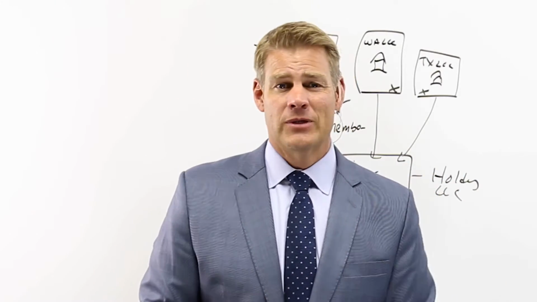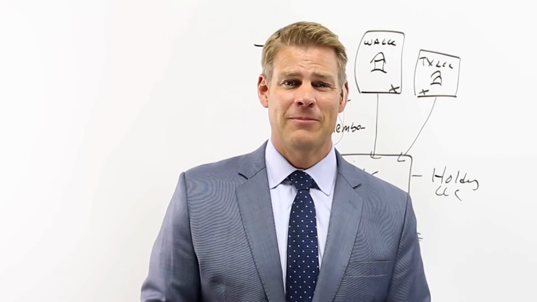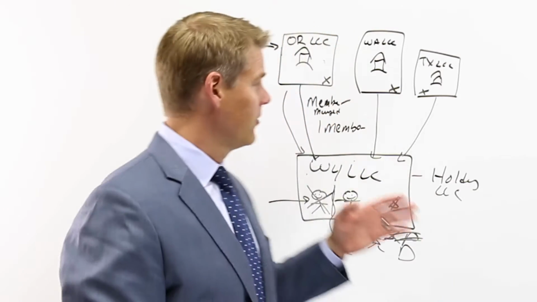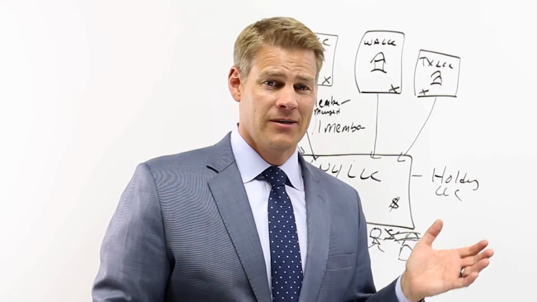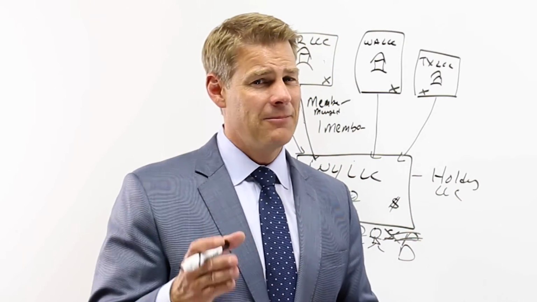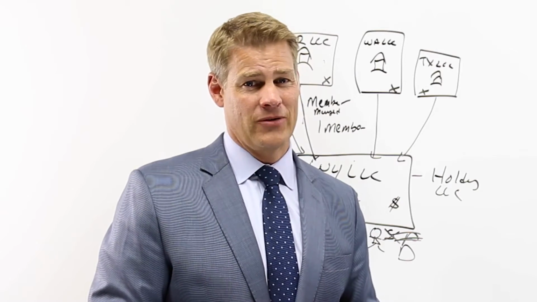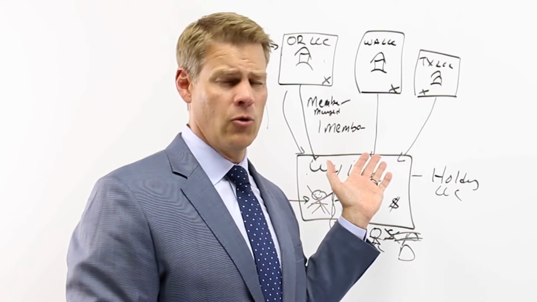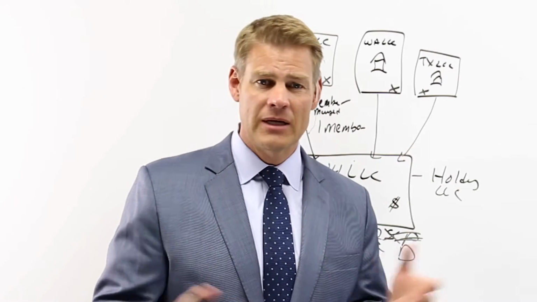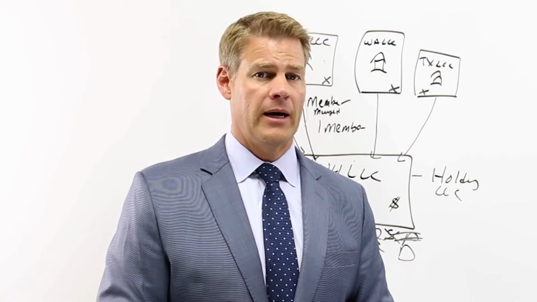I can always tell when somebody is set up or working with a CPA to create their structures, because I'll look at their LLCs and I'll find they have 4 LLCs and they're all filing tax returns. I think to myself, did that CPA set that up intentionally so he can get all those returns? Because you could set it up this way and eliminate them all, or at least reduce it down to 1. Depends on your situation on how you go about it.